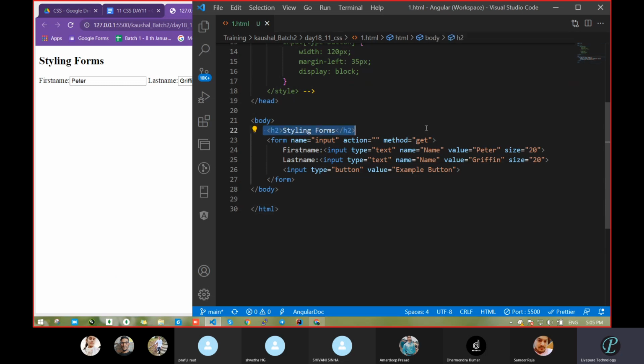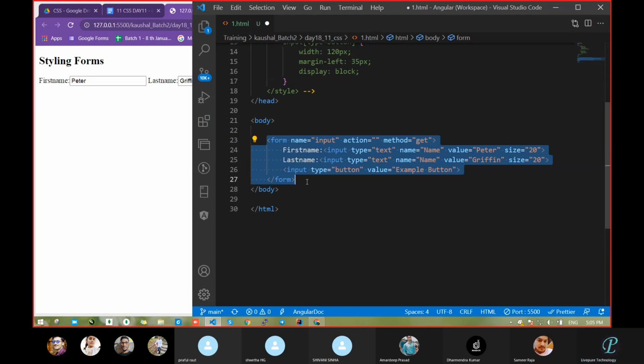For writing a form, what do we have to do? First, we have to take one form tag itself, like a div. So what are you thinking? Is this form tag semantic or non-semantic? Somebody may think, what is this semantic or non-semantic? We were going on block level and inline, and suddenly semantic and non-semantic came. Semantic means makes sense. What are you thinking, is this form element semantic or non-semantic?